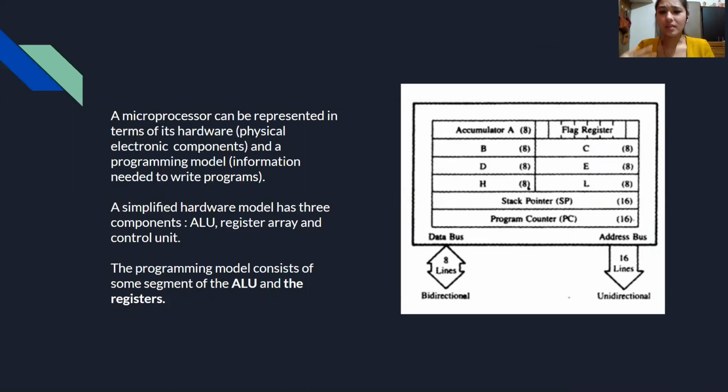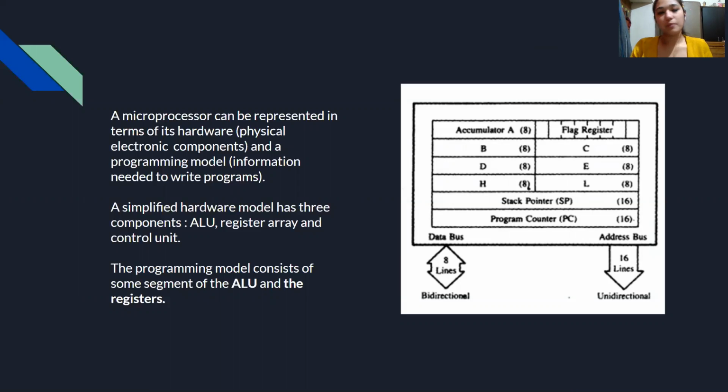The model includes 6 general purpose registers, named B, C, D, E, H, L, an accumulator in the ALU, a flag register, a stack pointer, and the program counter. The accumulator is 8-bit. The flag register is also an 8-bit register.